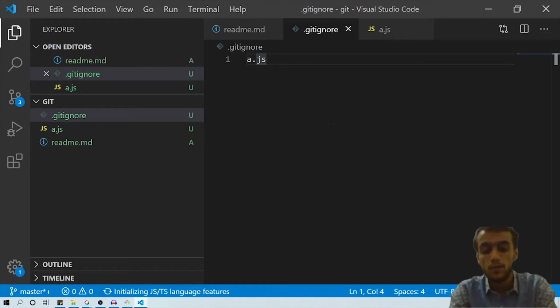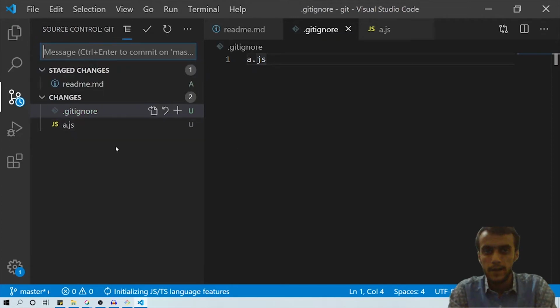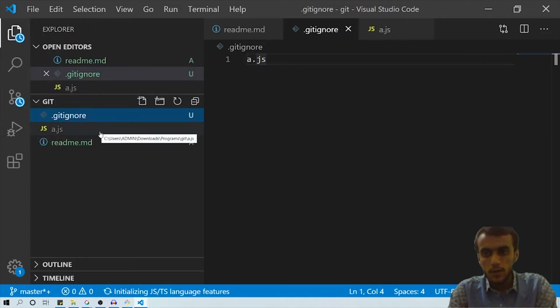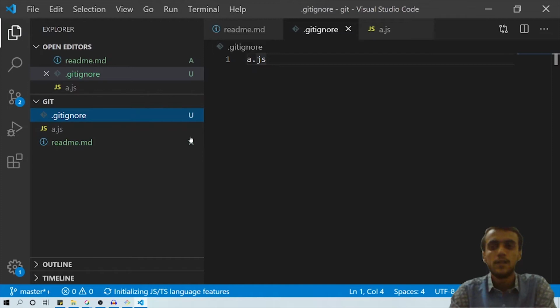So as you can see, .gitignore will ignore this file, and this file will be only within our local system, and will not be pushed to the remote.